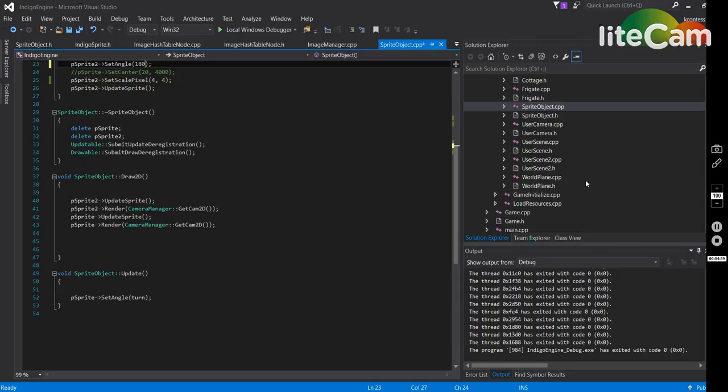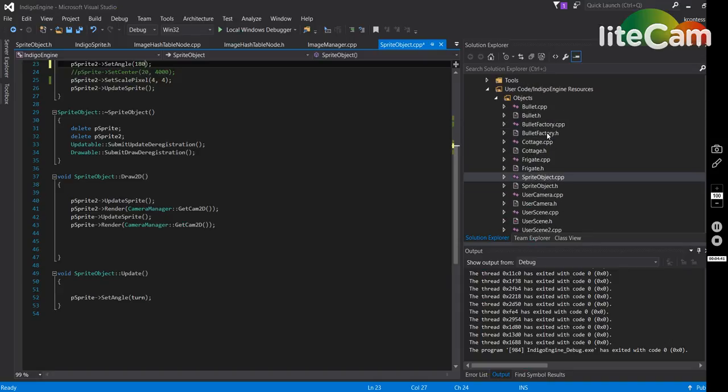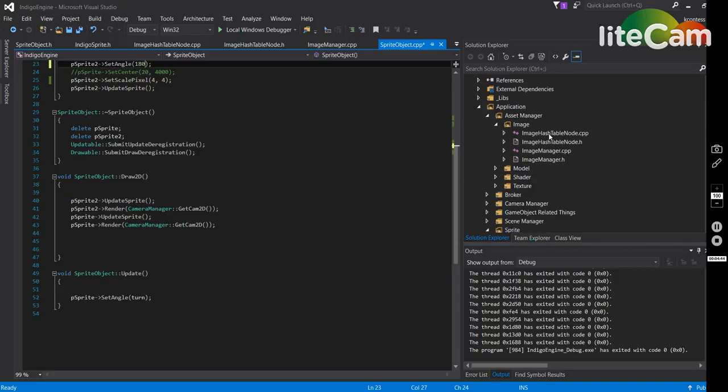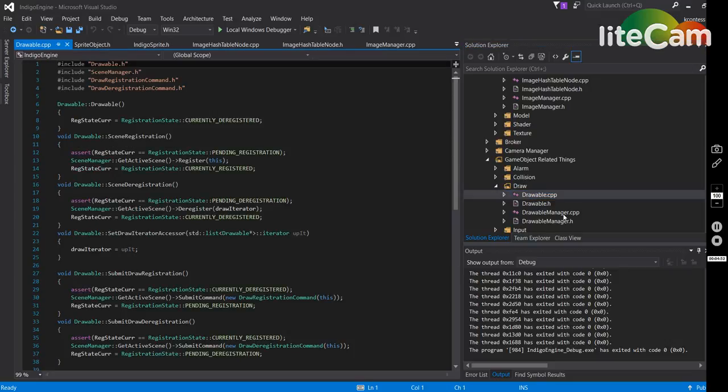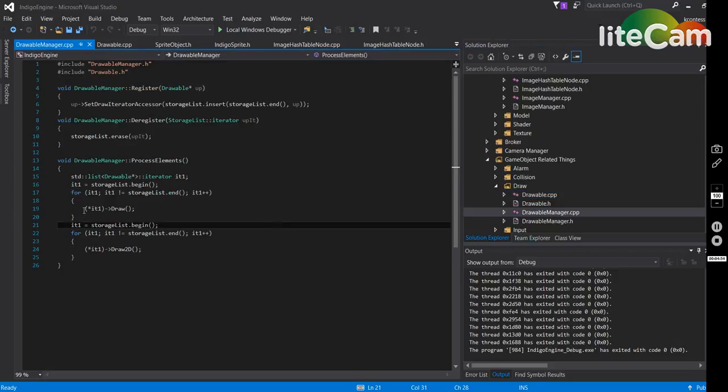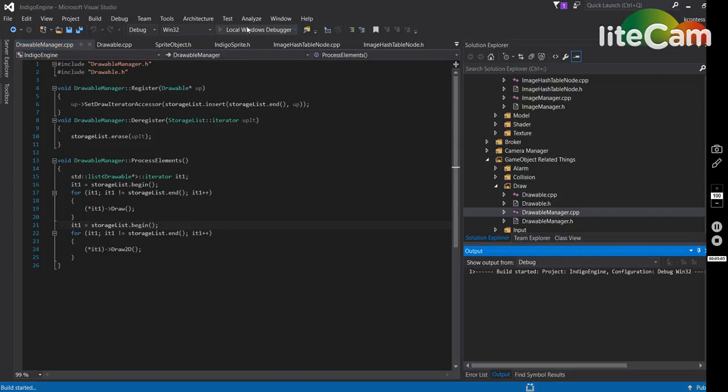So yeah, and then, oh yes. In the draw, if I could find it, there we go. Drawable CPP, not drawable manager. I'm then also still processing, so I have a draw and a draw 2D, and the draw 2D is going last. That's to make sure everything's drawing correctly. So if I run this,